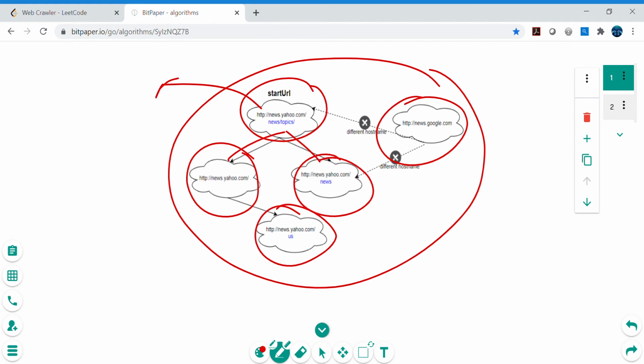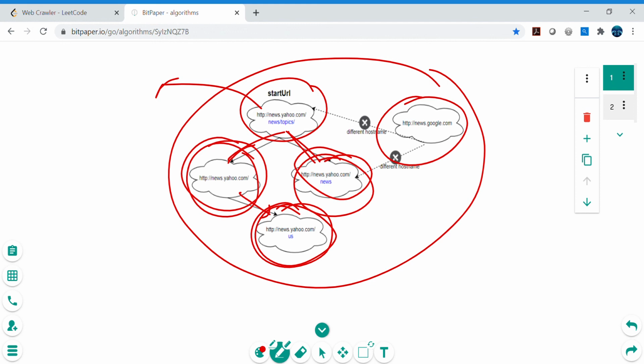Let's consider the list we get from that API as the neighbors of the node. Then we traverse these neighbors, start with any other neighbor, and do the same thing with the other neighbors as well. This strategy is called breadth first search.